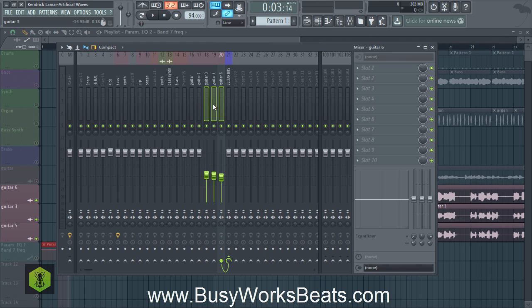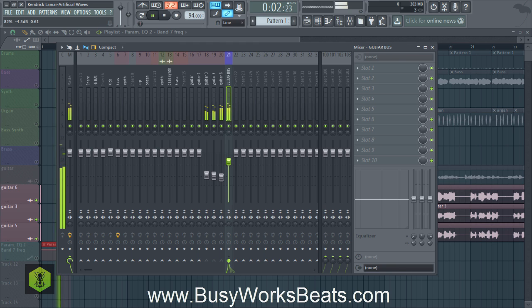Whenever you stack frequencies of similar tone, they're going to add up in dB, and it's going to be hidden because they're across different mixer tracks. So you think the guitar audio is at this dB level when in reality it's actually louder. That's why we like to combine things into a bus so we can see visually what's going on. So we can lower the fader to match the dB we want it to achieve, which is lower.